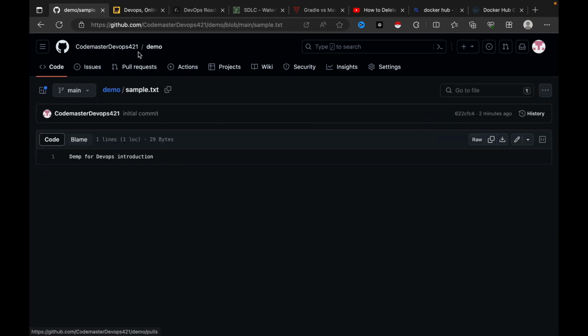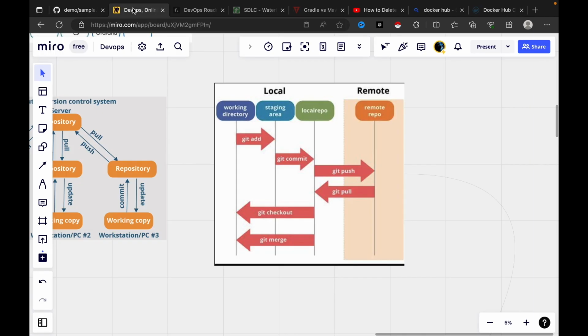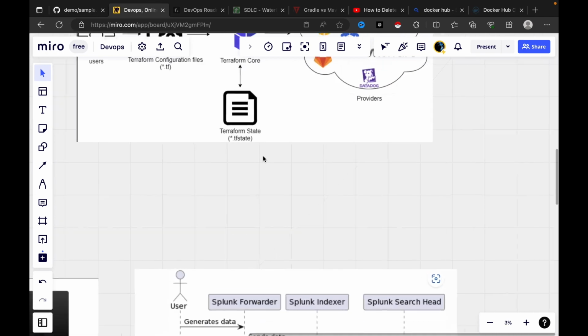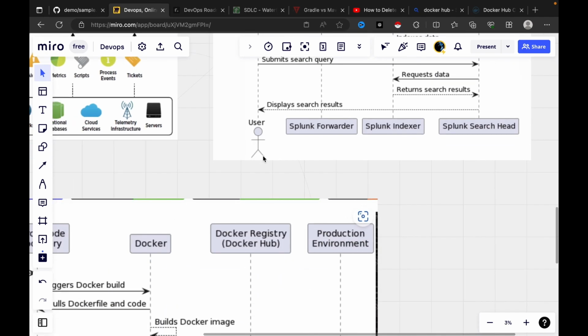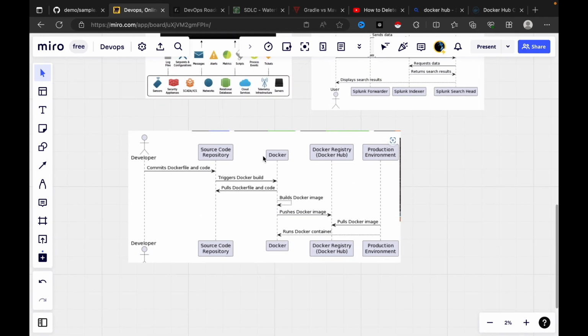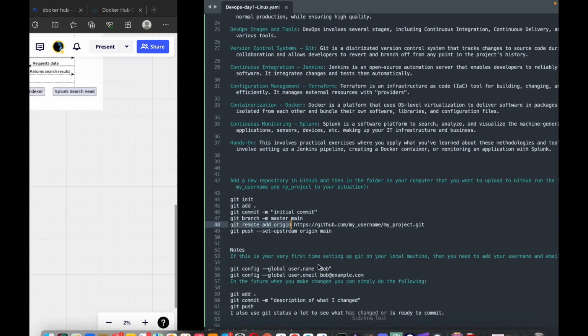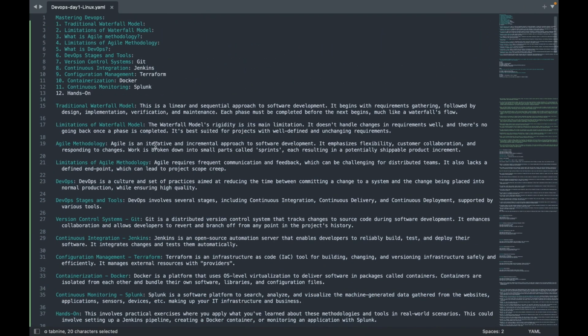So yeah, I think I covered most of the part. Okay, there is one more thing I want to add on. I forgot to explain about the basic part. Okay, let's go back. We covered everything in this tutorial, explaining the traditional waterfall model, limitations of the waterfall